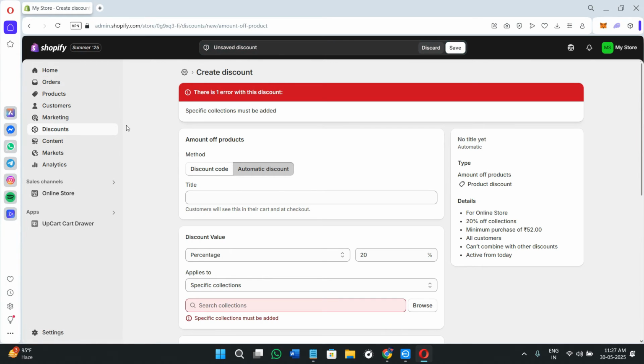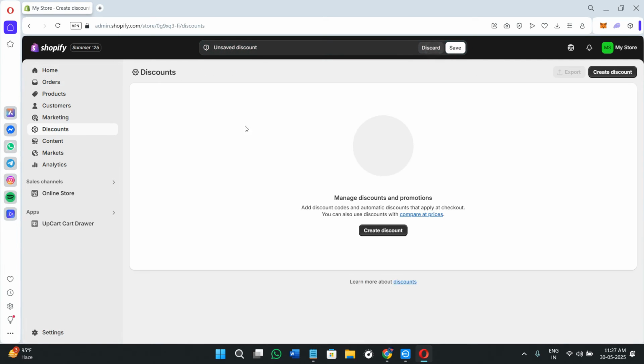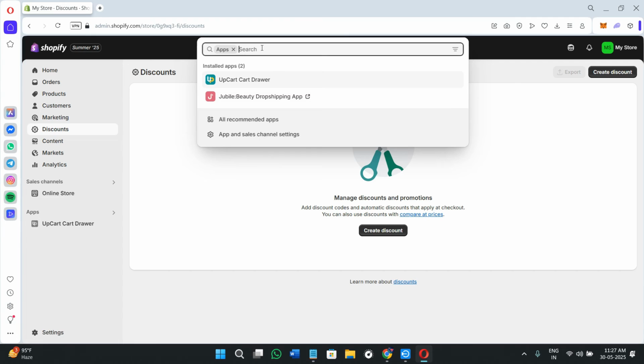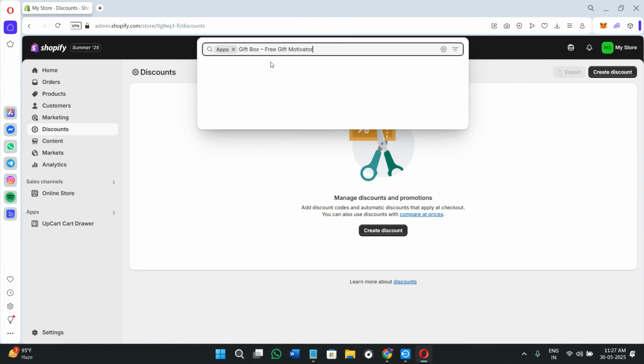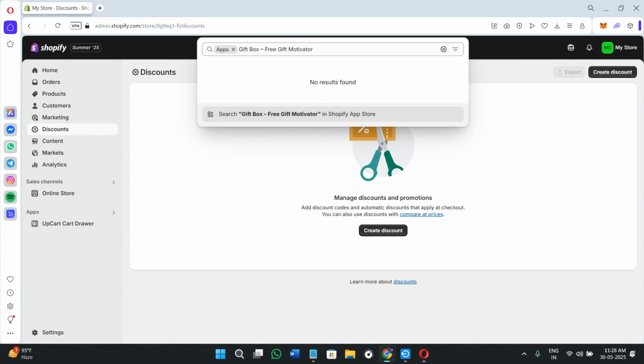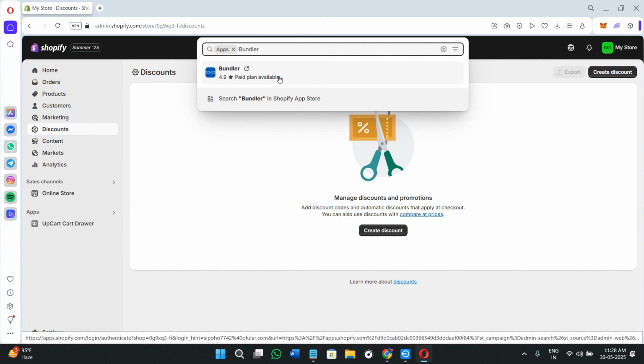In the second method, what you can do is you can simply use a Shopify application. This can be the free gift app. So in order to find that, simply hover over to the left hand section and click on this app store option. You can even use the search bar in the top and you need to just search for the apps option, and here you need to just search for the applications like gift box, free gift, motivator, or some of the free apps that I can provide you is this bundler. So this is also the application which you can